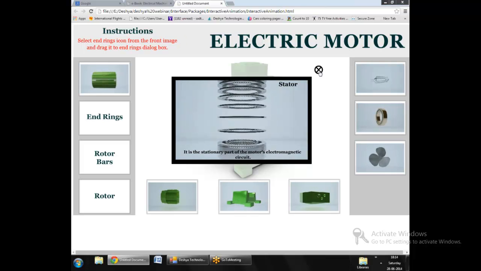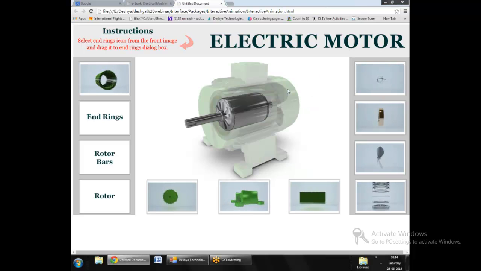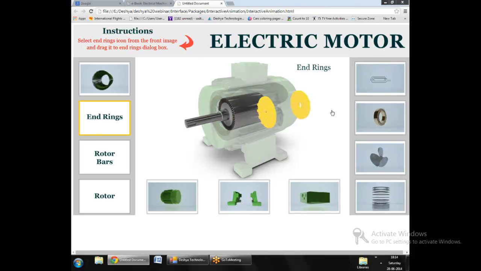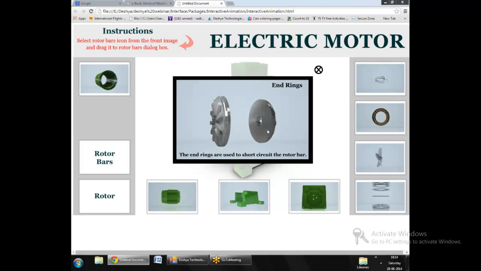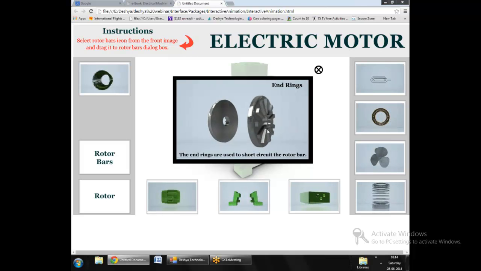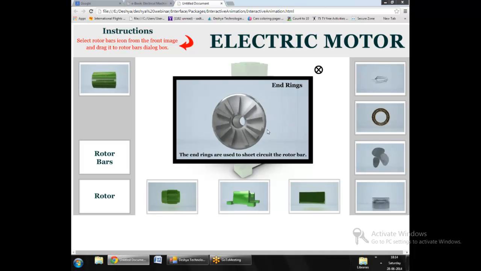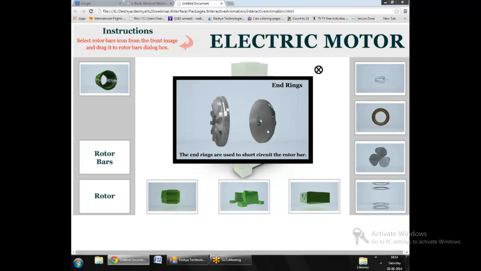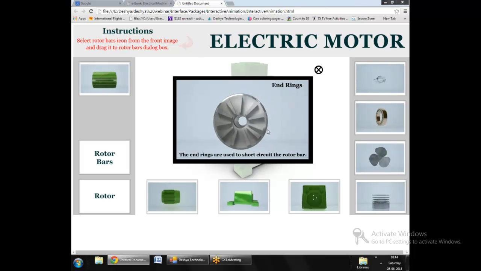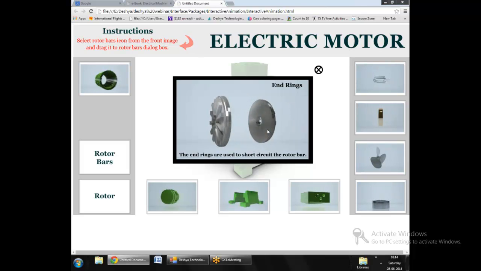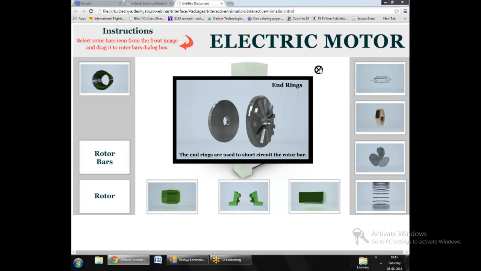So if we don't use laminations, then the eddy currents are going to be quite huge. And the end rings are used to short circuit the bars of the rotor. As we discussed earlier, the machine that we are discussing today is a cage rotor induction motor, so all the bars of the rotor are short circuited, and this short circuiting is done using the end rings which are present